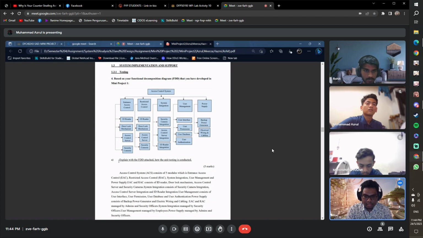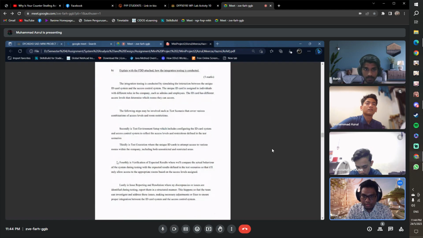System integration also has security camera integration, access control server integration, and ID reader integration. While user management consists of backup, user interface, user permission, user database, and user authentication. While the power supply,